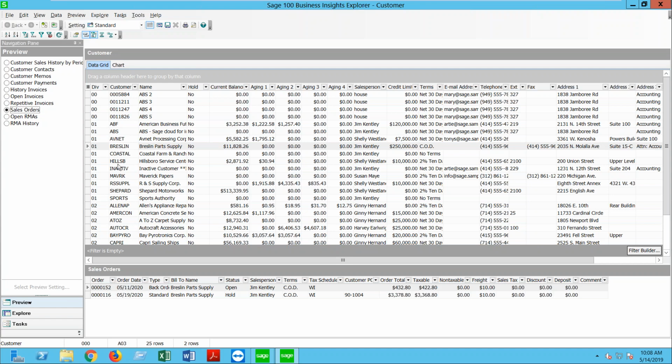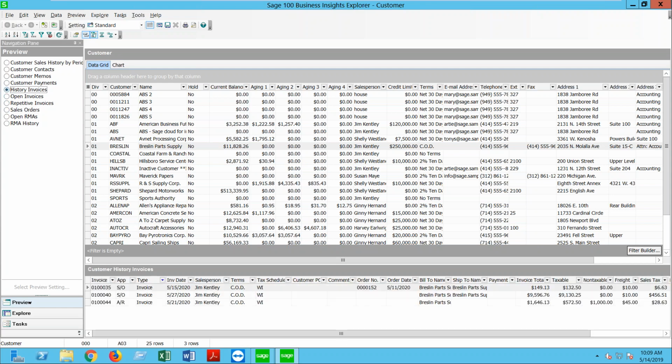Okay. Now, the status bar. This thing at the very bottom is your status bar. It says what view you're in on the left, what your user logon is, I'm triple lot today, and what company you're in, this is AO3. It tells you how many rows are in the upper view and how many rows are in the lower view. So if I change that back to, say, history invoices, nothing has changed in the upper view. I still have 25 rows there, but because I'm looking at different information down below, I'm seeing that there are 3 rows of history invoices. All right, and then